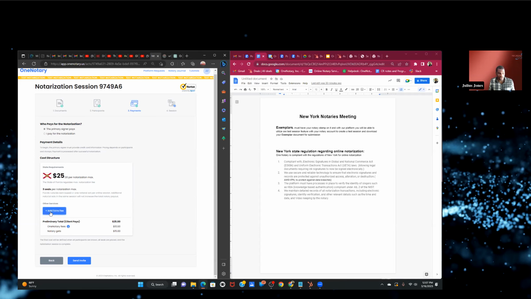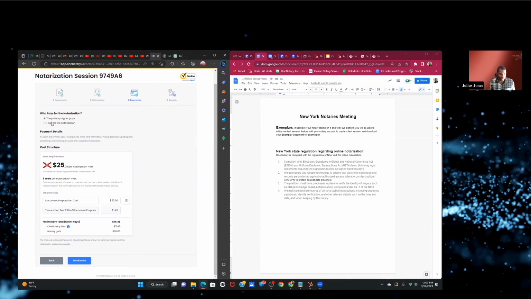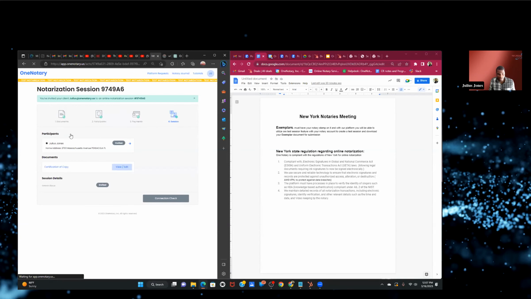All you have to do is click on add extra fee here, and you can customize the amount that you want to add there. There still is going to be that primary session fee, where OneNotary is going to charge a specific fee, and then you pretty much will keep the difference here. After this, we're going to go ahead and click on send invite. And for you, when you're in, that's pretty much it.